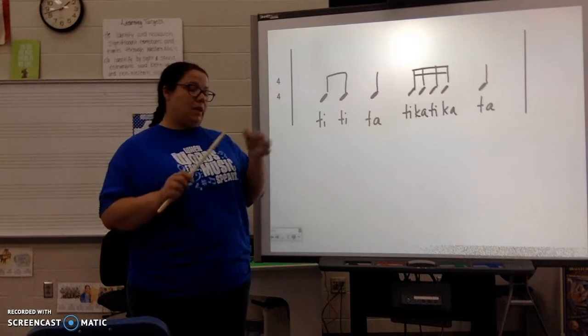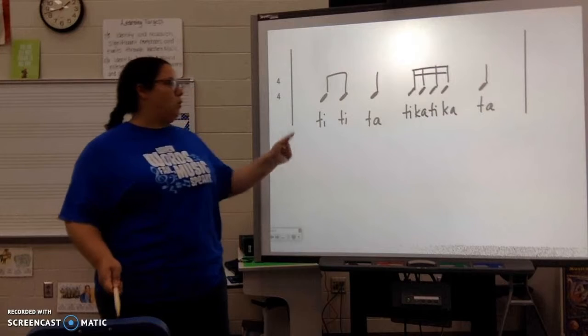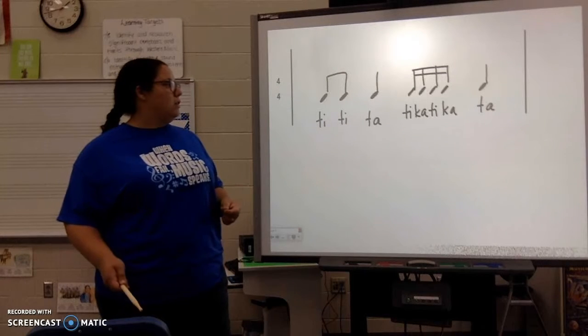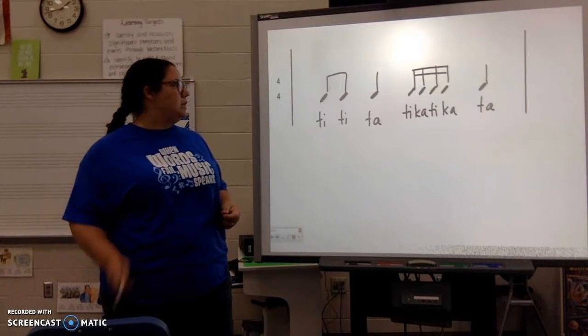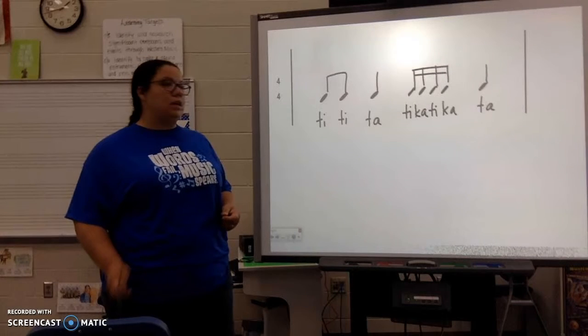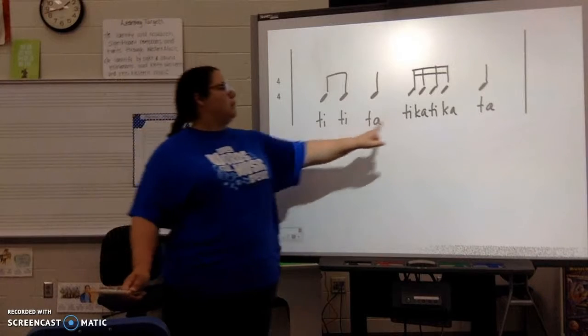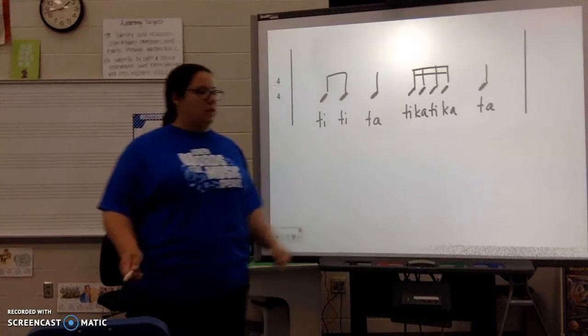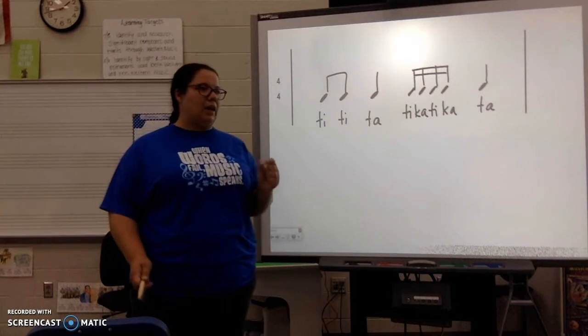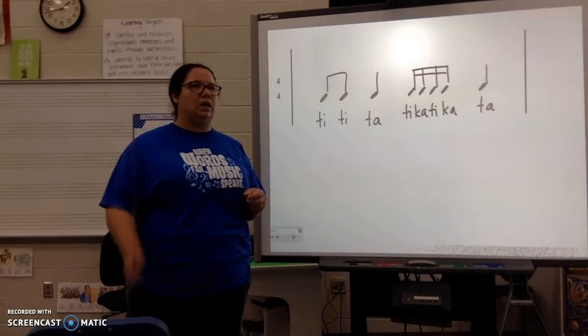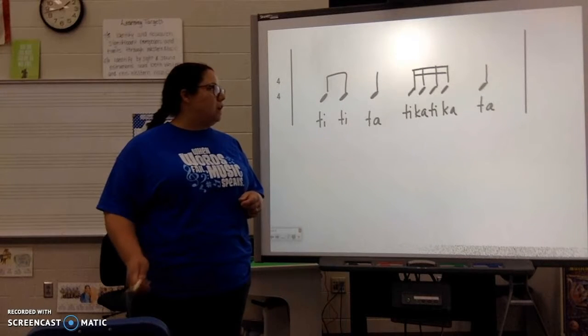We're going to say it and make our drumsticks do what we're saying. 1, 2, together, go. Ti, ti, ta, tika, tika, ta. Very good. These get a little bit harder, so make sure you're moving your drumstick. Here we go. One more time. We're going to say it and play it together. Ready, go. Ti, ti, ta, tika,